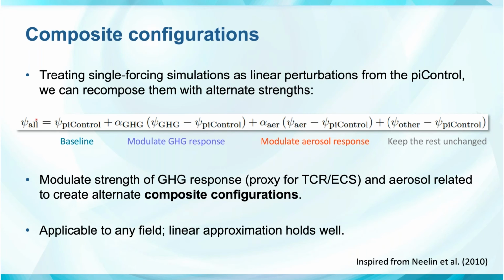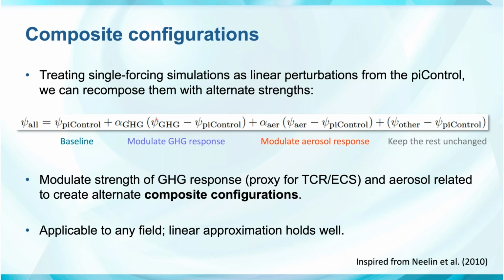So for any variable, that could be a time series or climatology, you can basically write it as the PI control plus a perturbation from the greenhouse gas. So you take the difference between greenhouse gas and PI control, the perturbation that comes from the aerosol, and then the perturbation from all the other terms. So if you just sum all this, you recover the whole forcing, but you could also add a factor here,